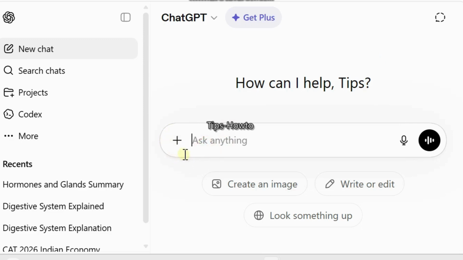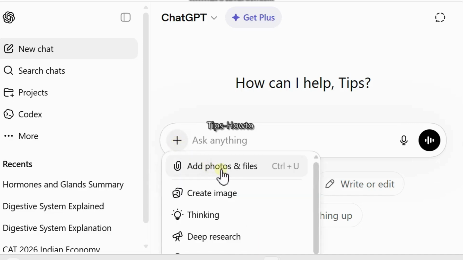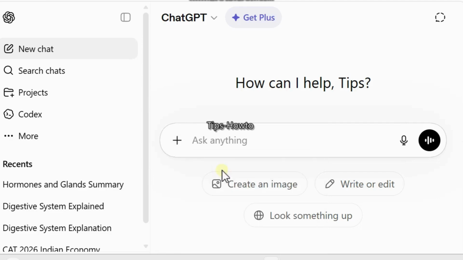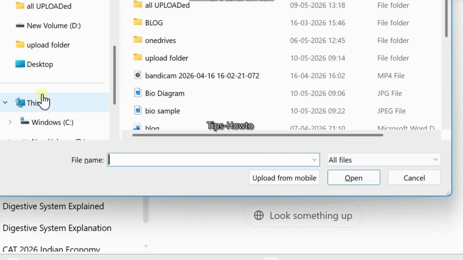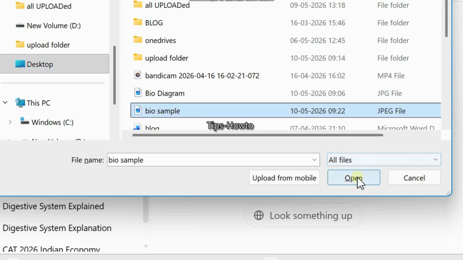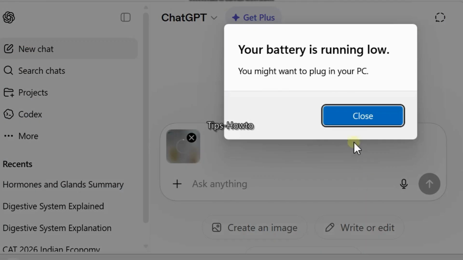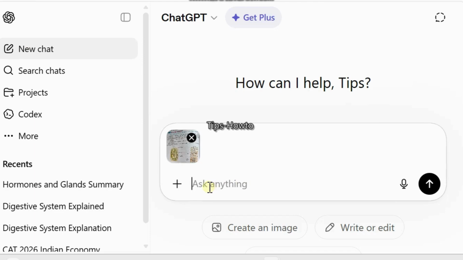For example, launch ChatGPT and here click on the plus sign, choose add photos and files, and here upload your files and ask the question. Simply write,